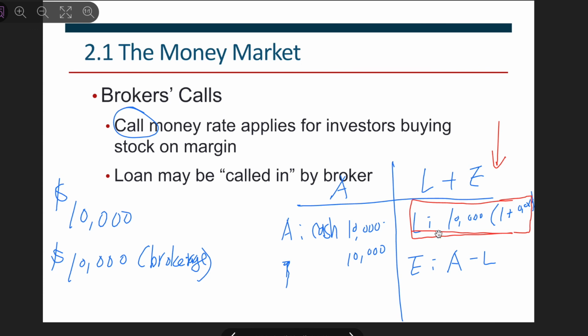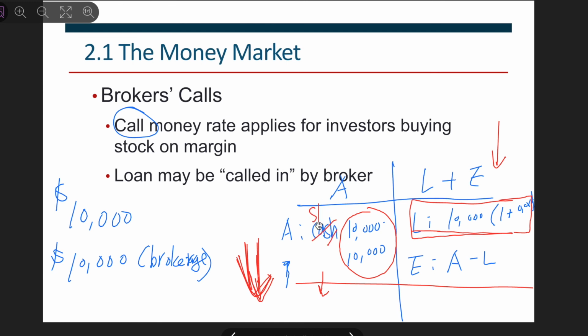It happens if the asset value decreases. When does the asset value decrease? If you invest all of this $20,000 in the stock market and the price of the stock goes down, then the value of your asset, which is now converted to stock,